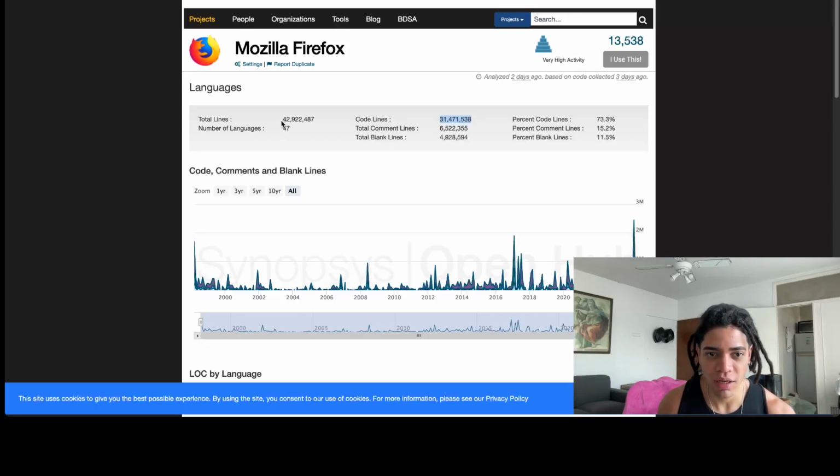This is total lines, but code lines is actually what really matters, because you have total comment lines, which is not actually what it is. What really matters is this total lines of code. You have more than 6 million comment lines, and almost 5 million total blank lines. Jesus. Anyway,